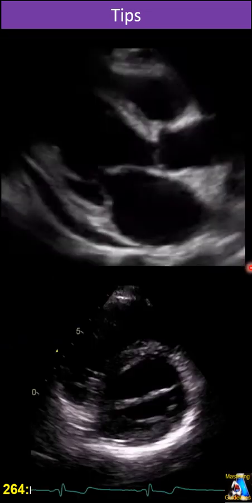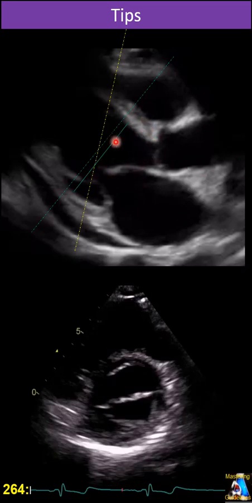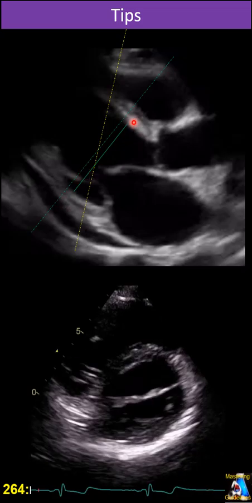For example, if on this view we want to do a measurement by M mode, and we put the cursor at the tip of the mitral valve, as you can see, it is completely off axis, and that is completely wrong. The only way is to twist our cursor and make it perpendicular, at any spot between the tip and the papillary muscle, perpendicular to the left ventricle, and that will be right. Or I prefer to do it in M mode, 2D, sorry. For 2D, any spot there works, and you can measure it in diastole and